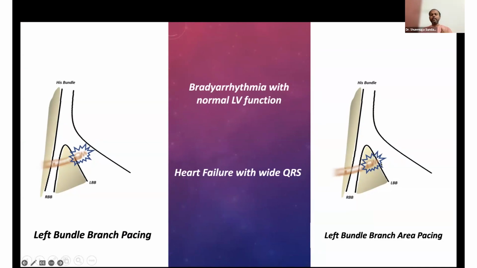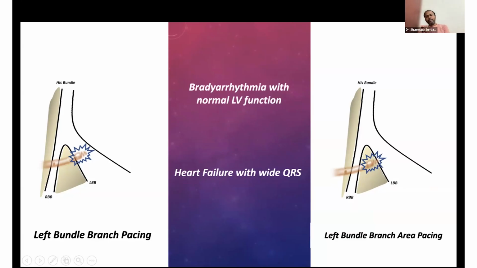On the other hand, if the lead is a little away from the left bundle, only at a high output you will be able to capture both the surrounding myocardium and the left bundle fascicles. But once you reduce the output, you will have a predominant septal capture. So this sort of capture, we tend to label with a simple terminology called left bundle branch area pacing,